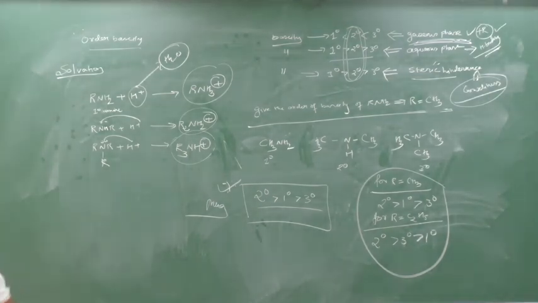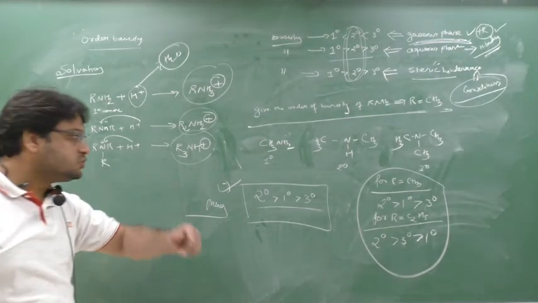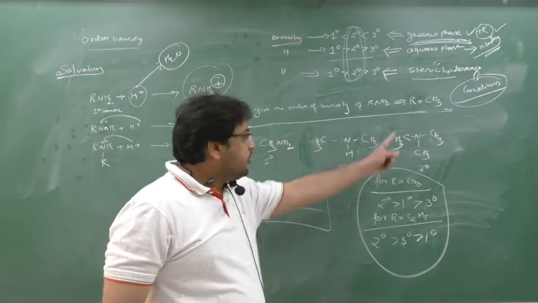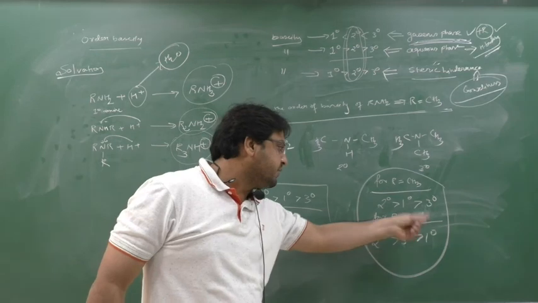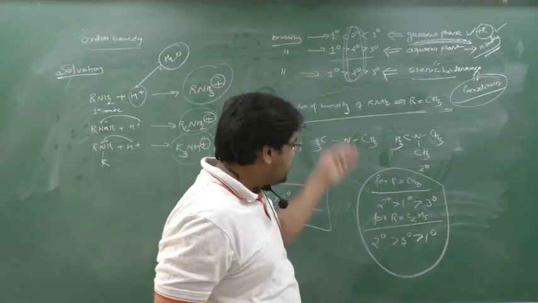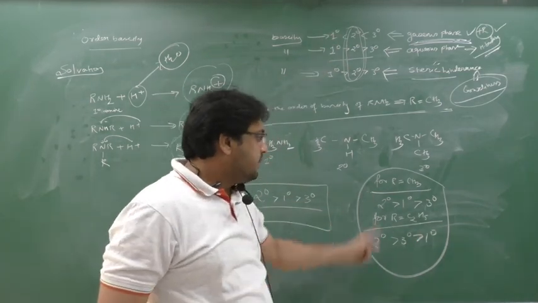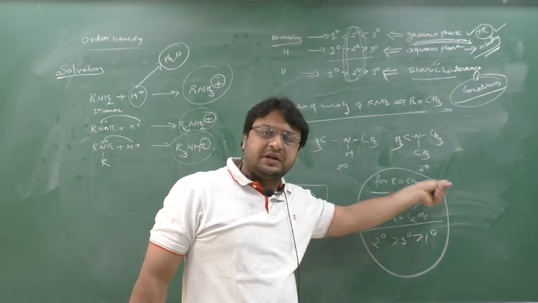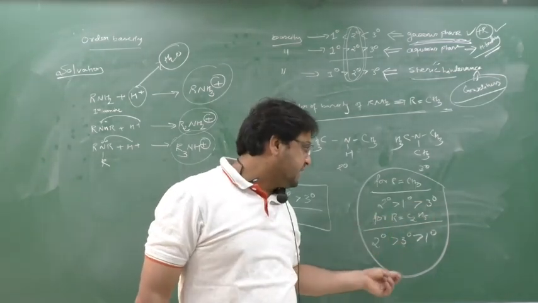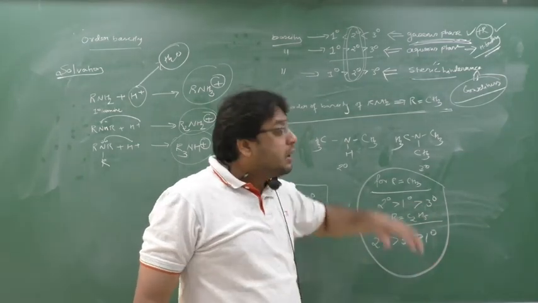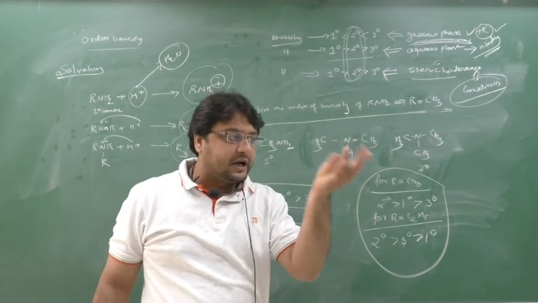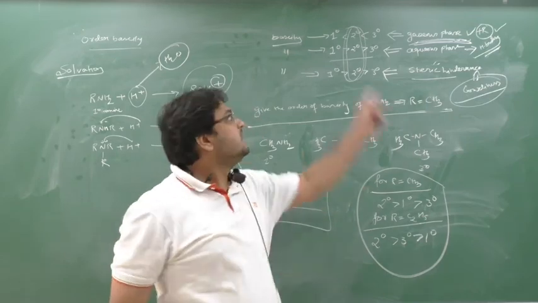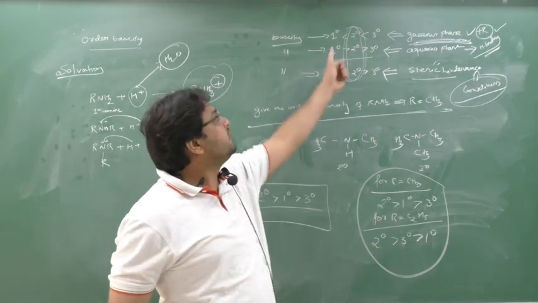Practically this is an exception. There is no explanation for this. For methyl, 2 degree is greater than 1 degree greater than 3 degree; for ethyl, 2 degree greater than 3 degree greater than 1 degree. See, 2 degree is common, so you can make some pattern to remember. For the rest, propyl, butyl, pentyl, hexyl, heptyl, octyl, see the phase and write down the answer from here.